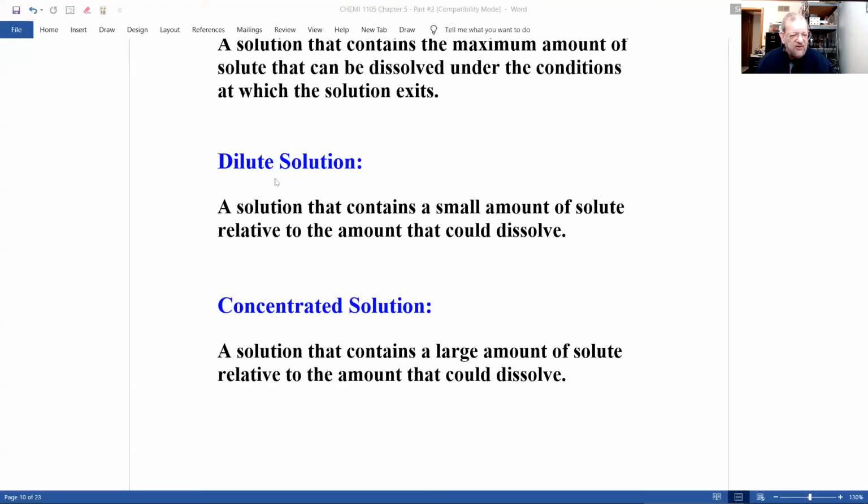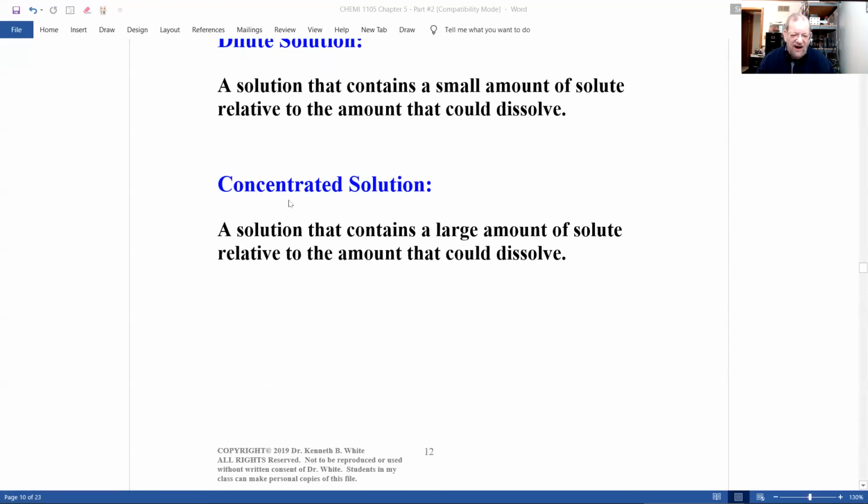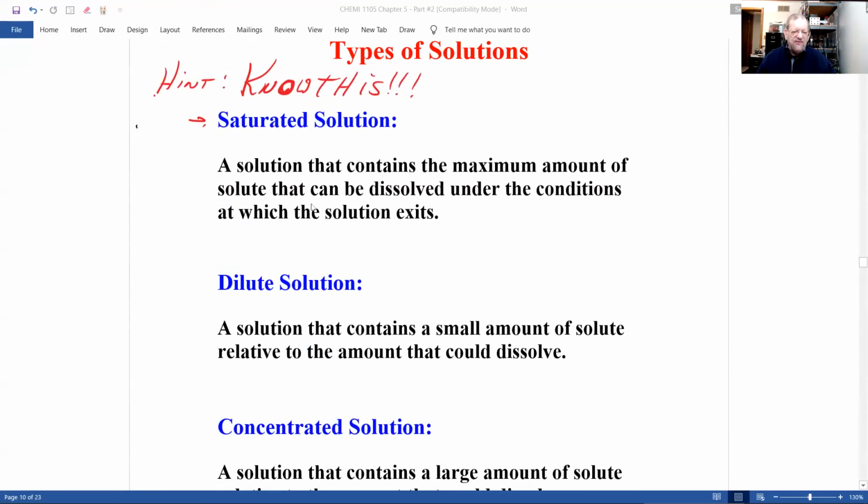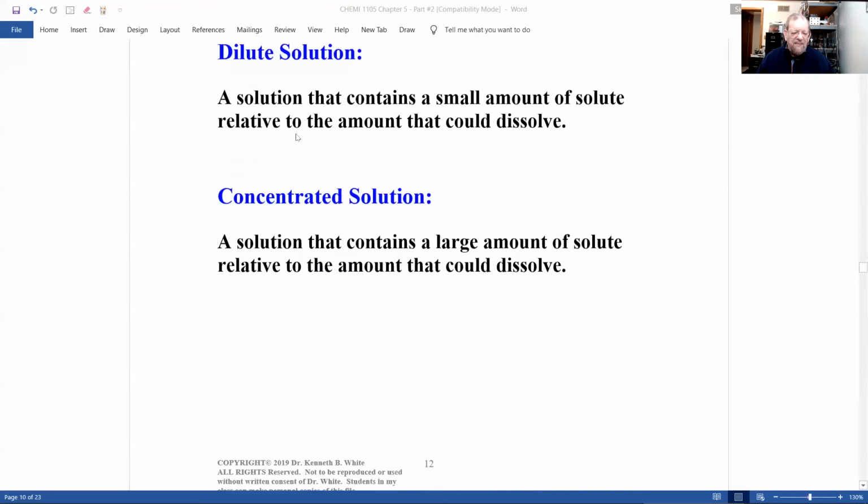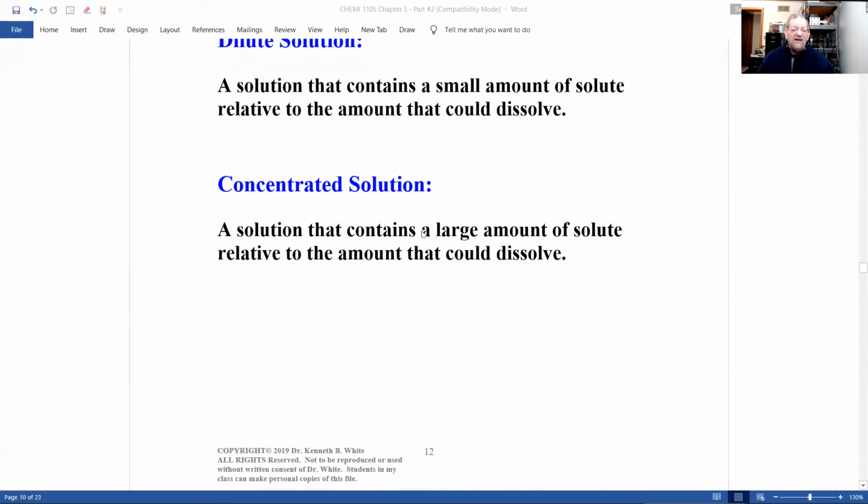So remember, a dilute solution is a solution that contains a small amount of solute relative to the amount that could dissolve. Now, the opposite of that is a concentrated solution. A concentrated solution is not saturated, but it's a solution that contains a large amount of solute relative to the amount that could dissolve. As I showed you earlier, the maximum solubility of sodium chloride, table salt, remember, please pass the NaCl,